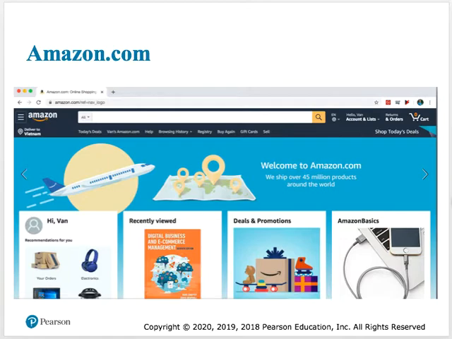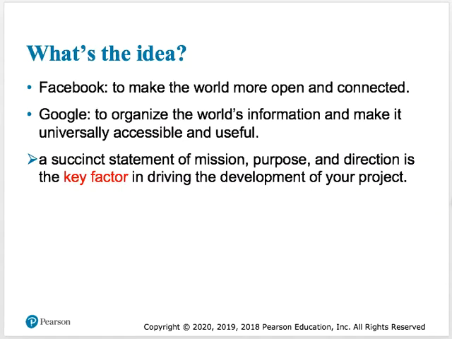Another example, for Facebook, is to make the world more open and connected. And for Google, it is to organize the world's information and make it universally accessible and useful.